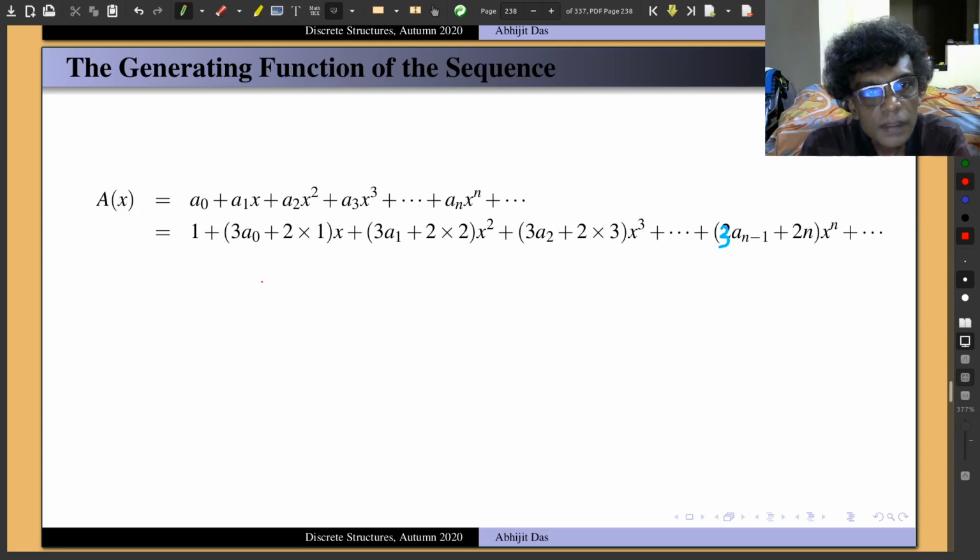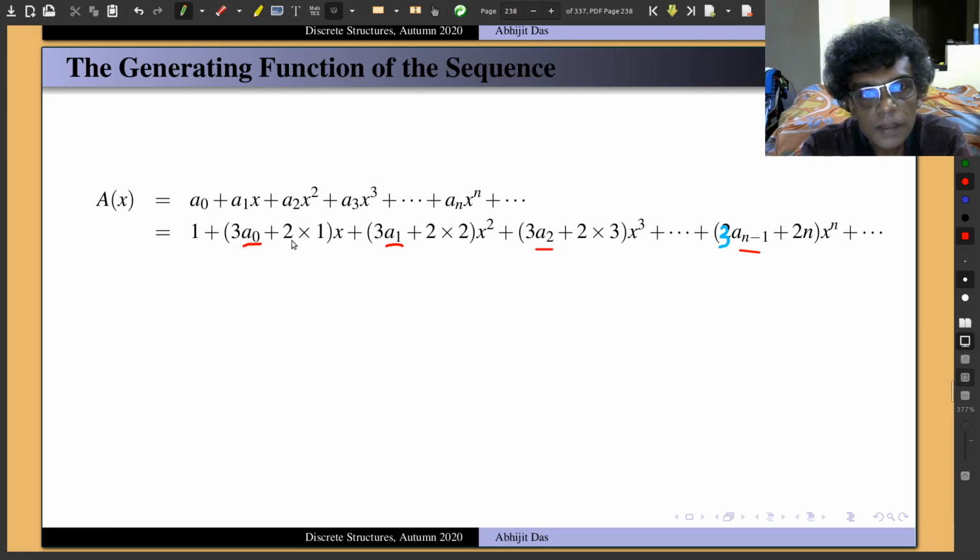You can see the same sequence appearing here, A0, A1, A2, A3, An minus 1. Only the coefficient of x is slightly different, but that doesn't matter because we will eventually absorb 1x. So if I just club together this term, this term, this term, this term in one expression,